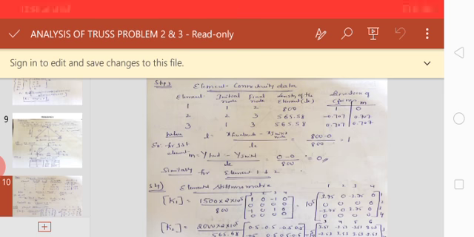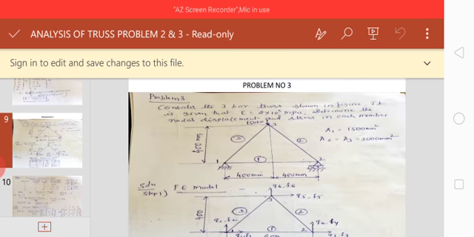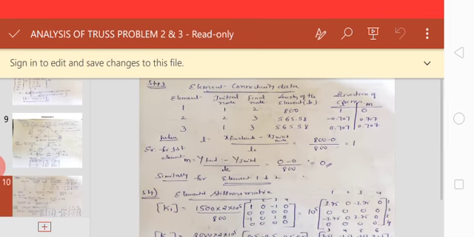Similarly, the second element is also made up of 2 nodes. Those 2 nodes are node 2 and node 3. Just observe this figure here, node 2 and node 3. Again you have the question of which one to choose as initial and final. In my problem I have taken 2 as the initial and 3 as the final node. There is no hard and fast rule that you have to take 2 as initial and 3 as final, as you wish. Understood?